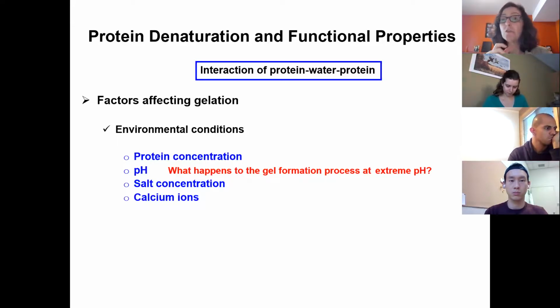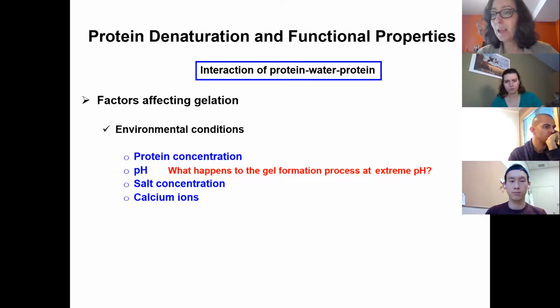Yes, because if you decrease the pH suddenly, and I was going to talk about heat here in a minute, if you change the condition abruptly, then all of the proteins are going to lose their charge and they're going to aggregate rather than form a gel. So you want to slowly get down to that pH so that you induce gradual protein-water protein interaction. It's the same with heating, and I was going to explain that in a minute.